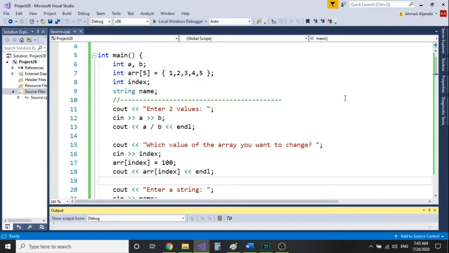In this video, we're going to talk about exception handling. Exception handling is a very important concept in programming in general, any programming language. So what is exception handling? Well,